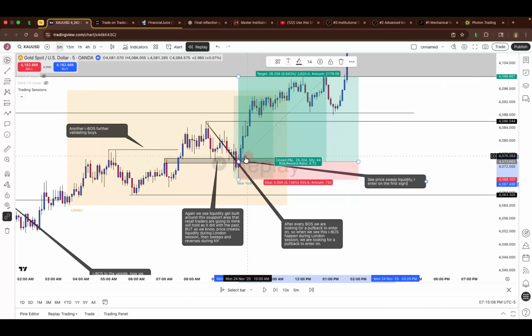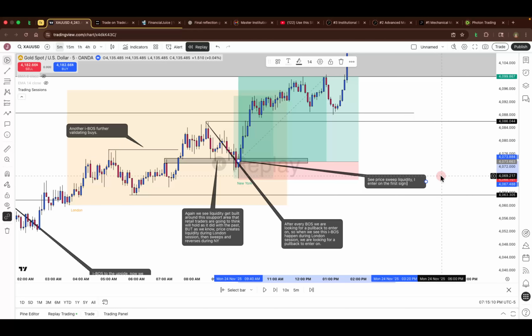You could wait for confirmation up here, but I entered on the first sign of strength. This is my model. This is my lower time frame model that I'm confident in, so I'm entering off of that. And I enter with my stop loss below the sweep and TP at a previous